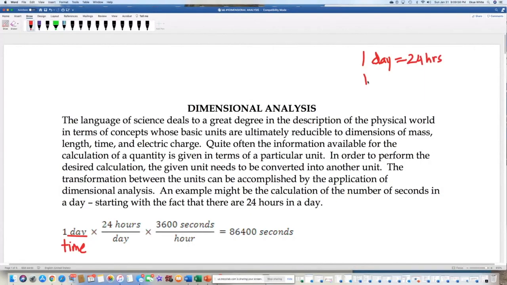You can say 1 week equals how many? 7 days. So these are different equalities. These are called equalities because it's the same amount of time measured in two different units. One of them is day, the other one is hours. This one here is week, and then the other one is day. Just showing you here that these equalities, like the one I showed you in the table, can be converted to